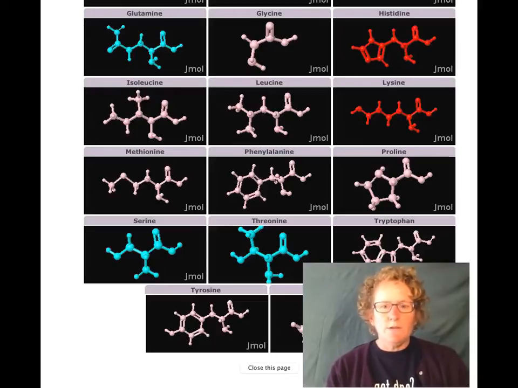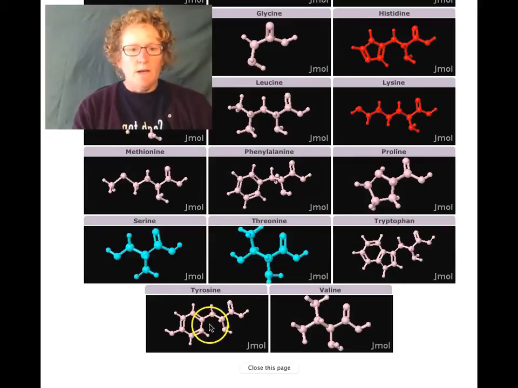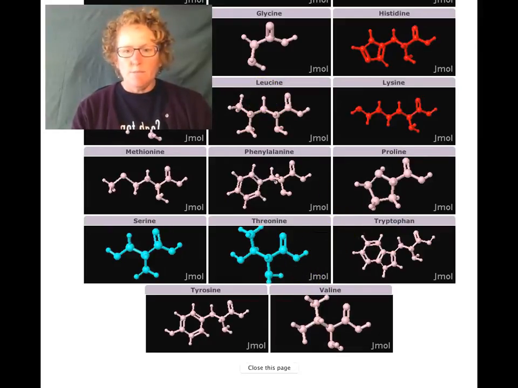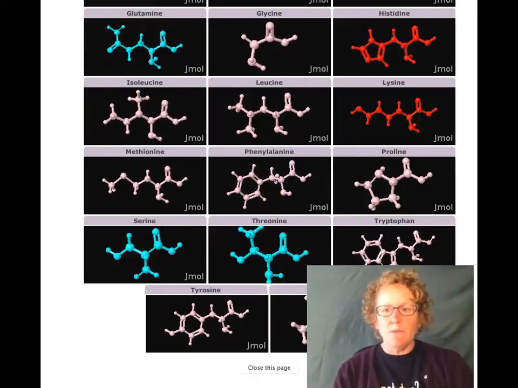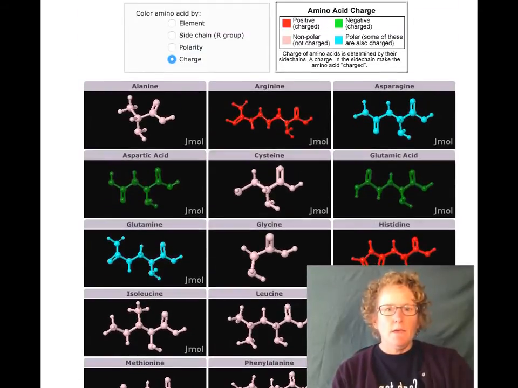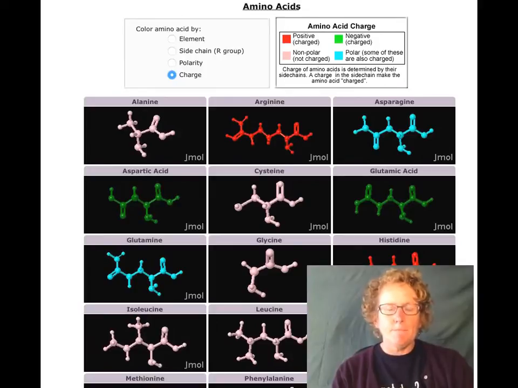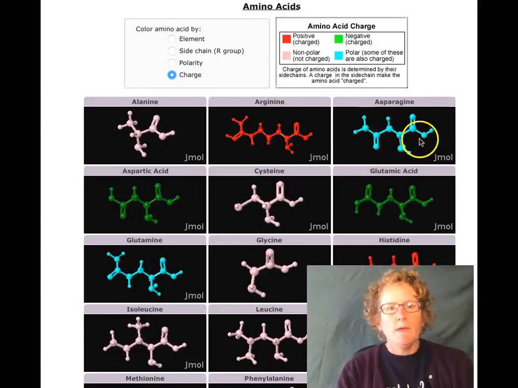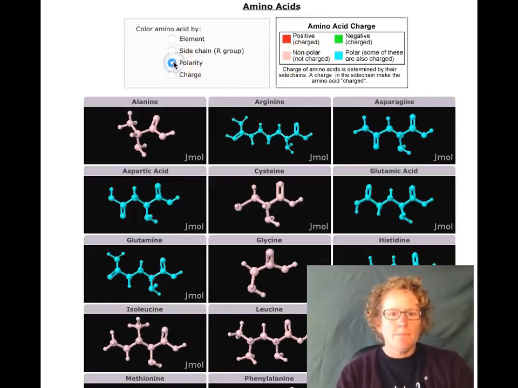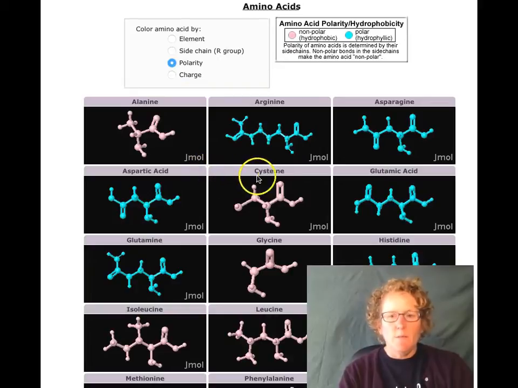So there's 20 different amino acids, and you can count how many are non-polar here, that pink. And the rest of the colors, whether they're positive or negative, or just marked as polar, which probably means they're both positive and negative, they're this blue color. That counts as polar. This counts as polar. This counts as polar. And this is nonpolar. We can simplify it just like this, going pink and blue, which is nonpolar and polar,